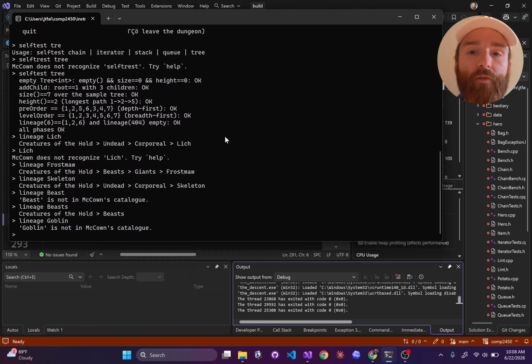And one thread to carry forward through all this: the recursive destructor and deep copy you read at the top of the tree header file. This module was provided so you could study the shape. You're going to actually write that in the next floor, because a binary search tree owns its nodes exactly the same way. So I hope this was helpful, and I look forward to seeing you in the